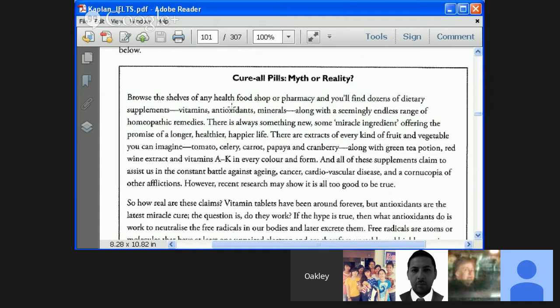However, in order to be not given, it has to be not mentioned at all. So, in this case, it does mention health food and pharmacies. You'll find dozens of supplements, but there's nothing. You're going to find them in both. Okay, here's the keys. Any health food or pharmacy. Here, they're trying to trick you because you have to understand